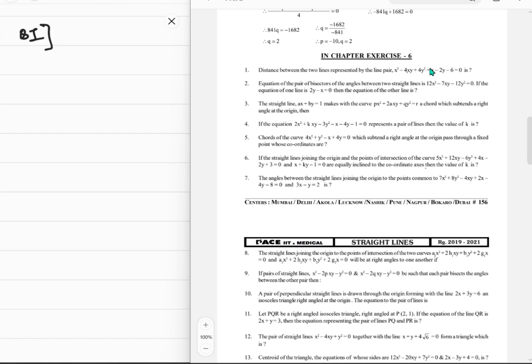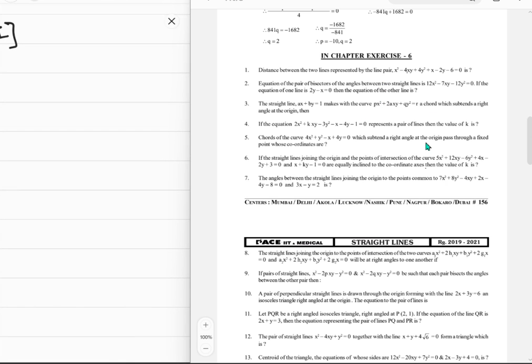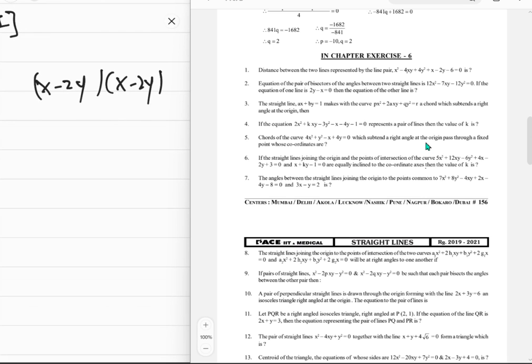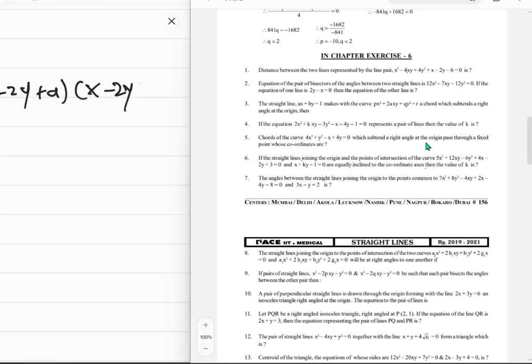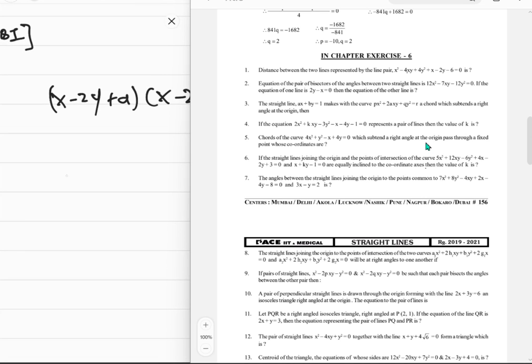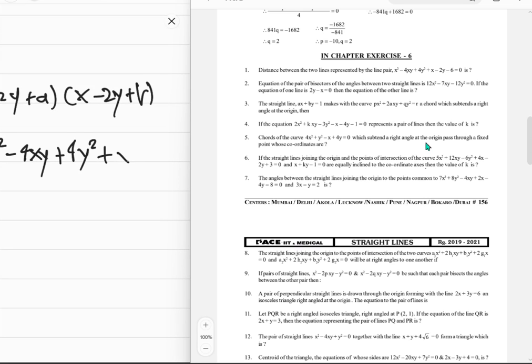So the whole thing, how to solve this question, is just factorize the first three terms. So this will be x minus 2y into x minus 2y. And then add some constants. So x minus 2y plus a into x minus 2y plus b, for example. And that would be this thing, x squared minus 4xy plus 4y squared plus x minus 2y